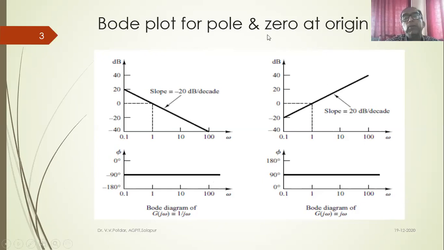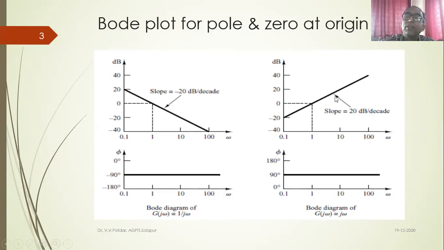Similarly, for zero at the origin, what will be the magnitude plot? For zero at the origin, that is S term in the numerator, friends. So magnitude of S term in the numerator provides me a slope of 20 log to the base 10 of S term, right? So it provides me a slope of plus 20 decibel per decade. So for zero at the origin, I will have a straight line of positive slope of 20 decibel per